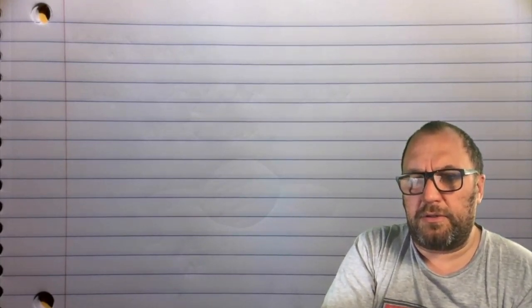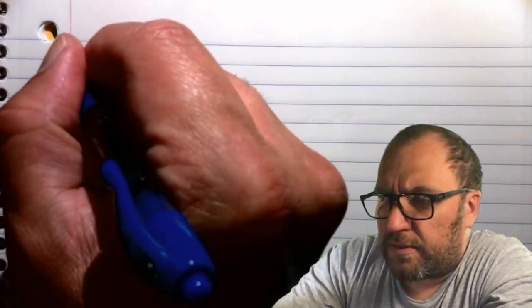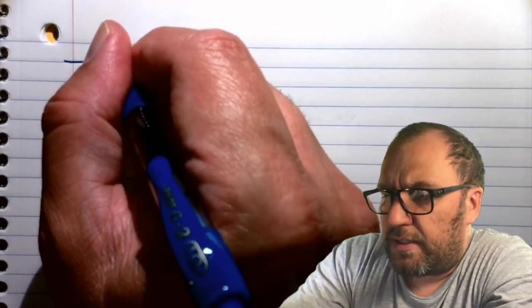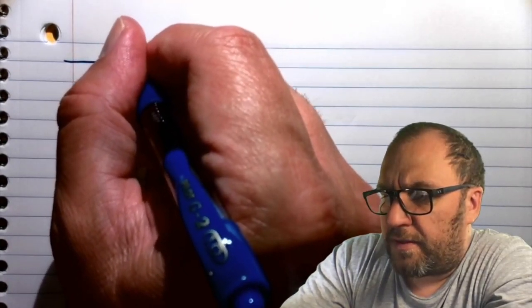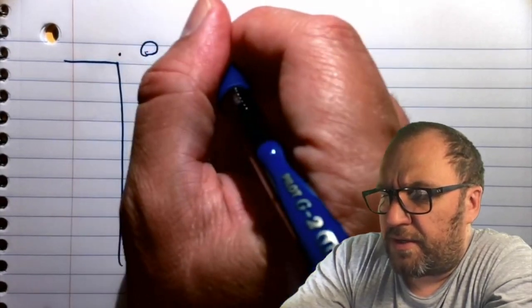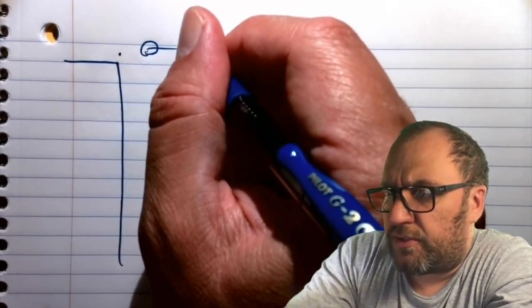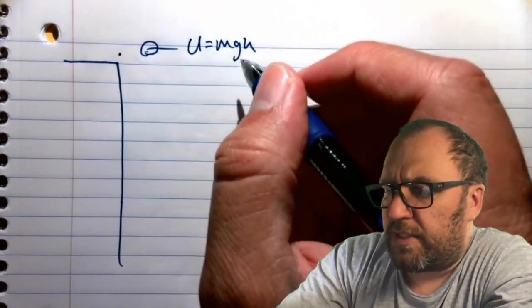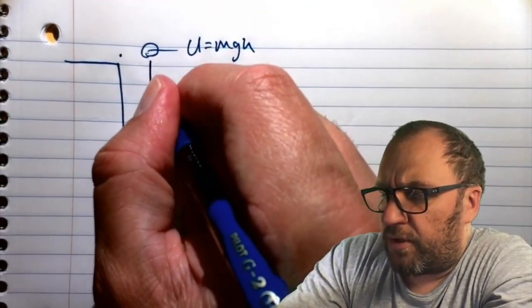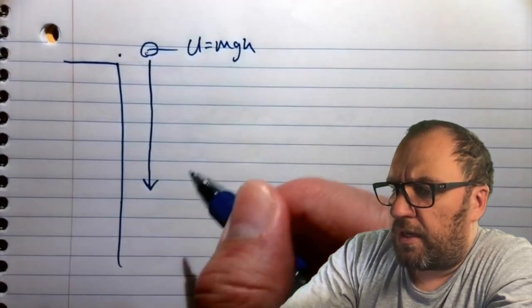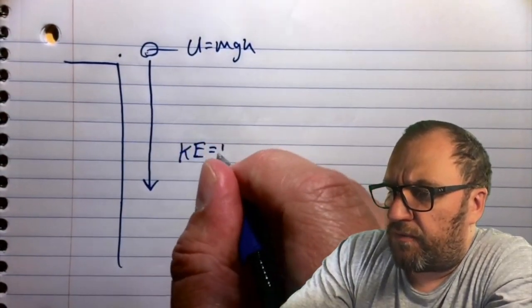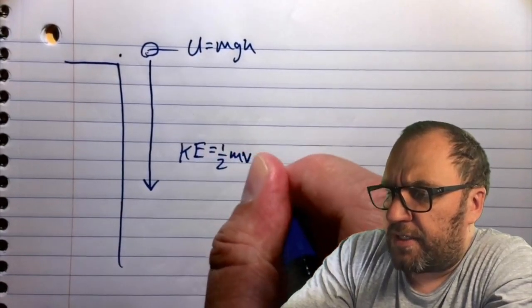Okay, so my particle starts off up here, and it has some potential energy. This is U equals mgh. If I let that particle go, then at different points, that energy is going to be converted into kinetic energy,